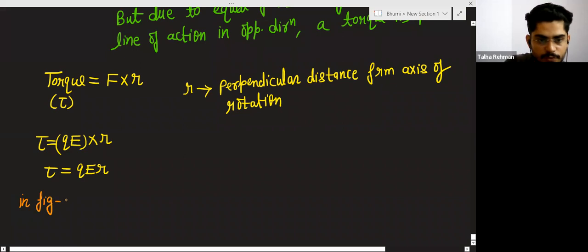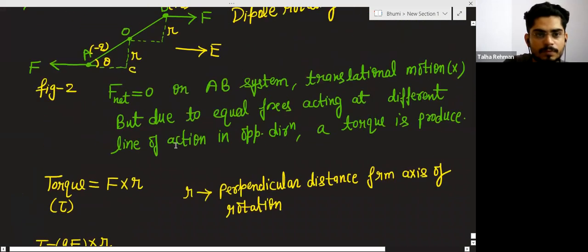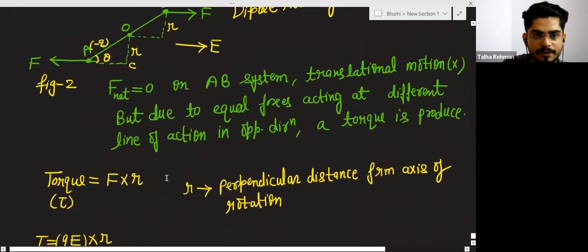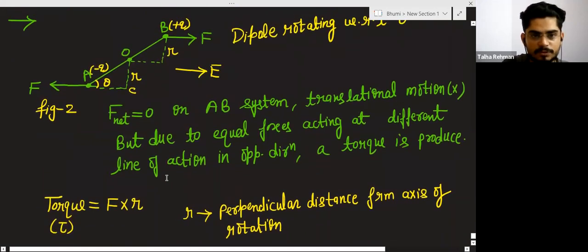In figure 2, from triangle AOC, you can calculate the value of r. So see here, if you calculate sine theta, it is equal to perpendicular divided by hypotenuse AO, and this AO